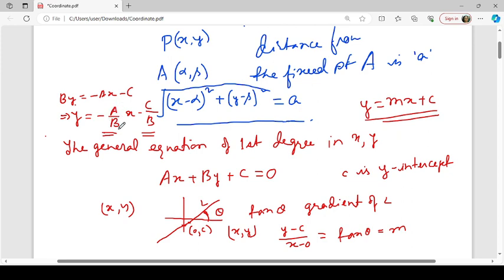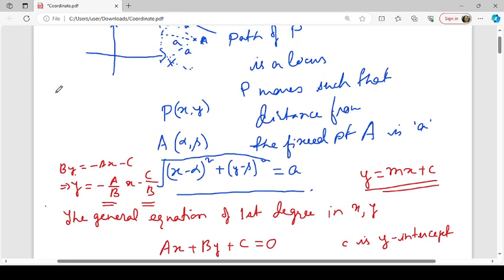So the general equation of first degree in x and y represents a straight line, and its gradient is minus a by b, and the intercept on the y-axis is minus c by b. And this is y equals mx plus c, if it is in this form. Suppose we are writing this equation, say